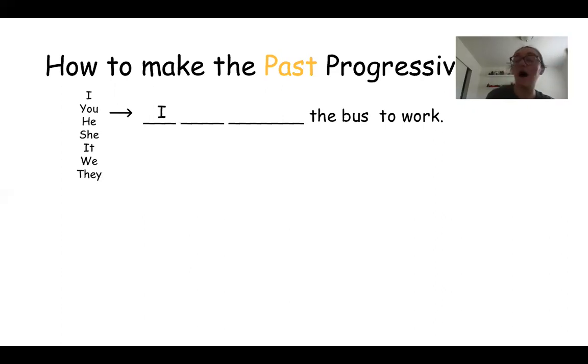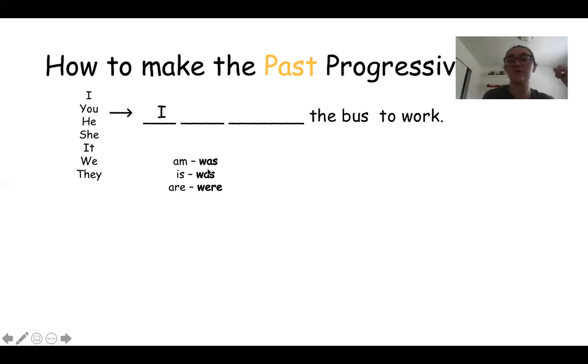So we say I, for example, and we know that we say I am. If you say you, it's you are. If you say he or she or it, you use is. If you say we or they, you can use are, right? But when we need to change them to past tense, it's either was or were, which is easy to remember. It's not 3, it's just 2.